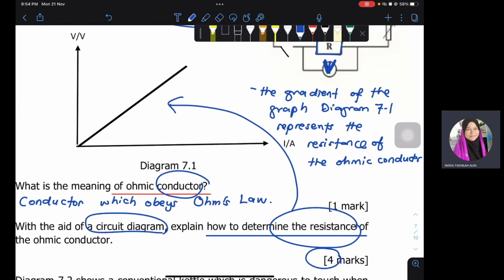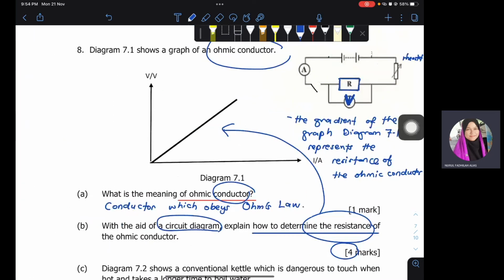Tapi macam nak jawab dapat 4 markah sebab you kena tahulah semua ni. You tahu diagram. Then you tengok graph ni tak payah lukis balik lah sebab dah bagi tahu. Cuma you tahu lah daripada graph sebab soalan nak how dapatkan resistance. You tak payah cakap connect A itu R tu ni, tak payah. Sebab dalam diagram dah menunjukkan you do those connections. You just tell the resistance dia adalah daripada gradient. Okay, so dapat 3 marks here, 2 marks here, then